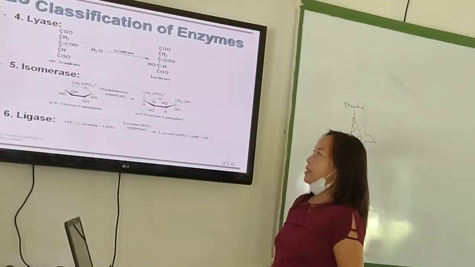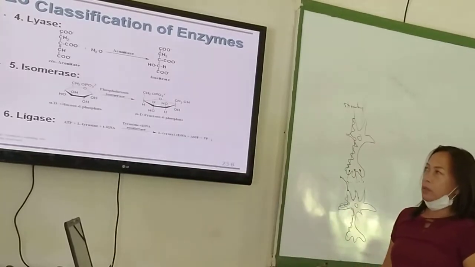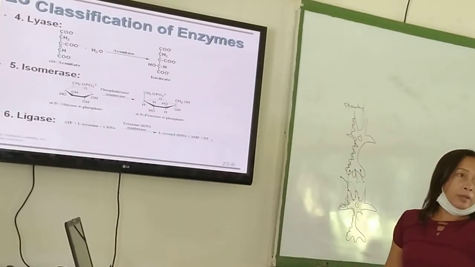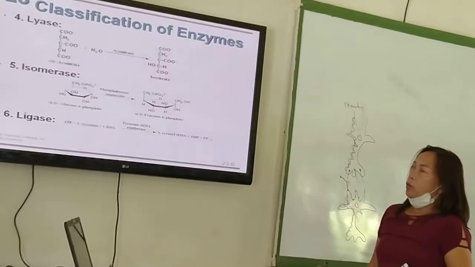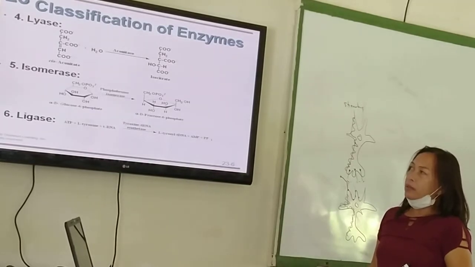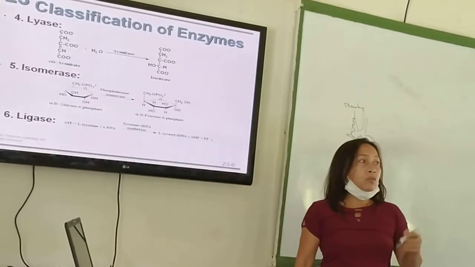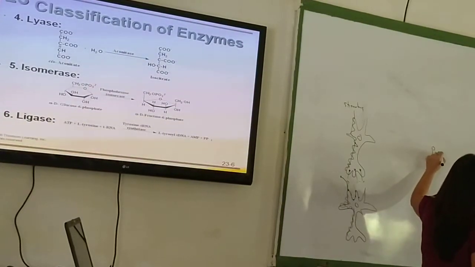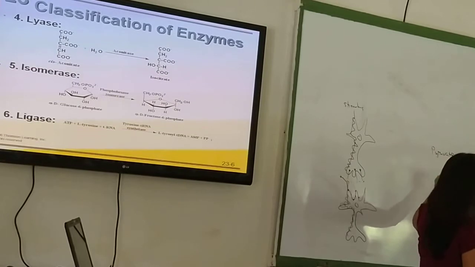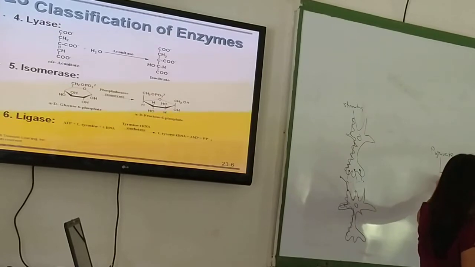We have lyase. Now, lyase, for example, we have cis-aconitate. Cis-aconitate is one of the intermediate products in the Krebs cycle or citric acid cycle. When it is acted upon by aconitase, it will be converted into isocitrate. Now, say for example, after glycolysis, when pyruvate enters the Krebs cycle, then it has